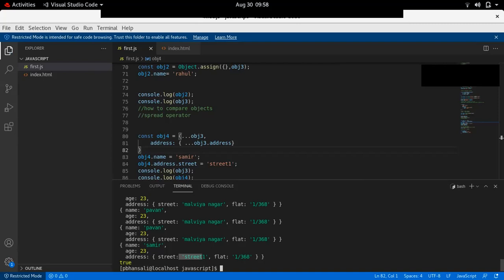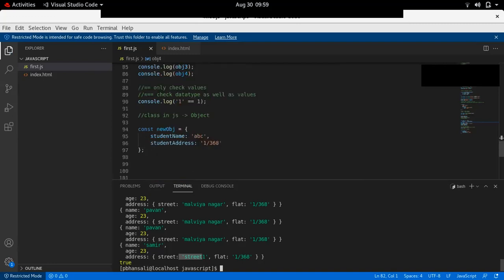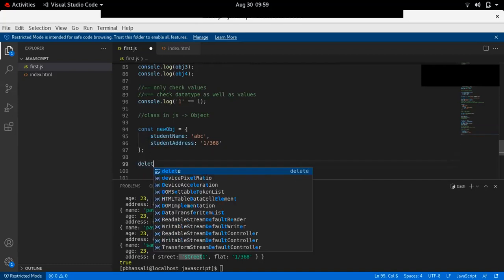So this was about the spread operator and its uses, and this was about objects. Any problem, any question in objects, whatever we have discussed? Nope. Clear to me. We have discussed how to make objects. You can delete the properties also from an object. So I think you can use the delete operator.